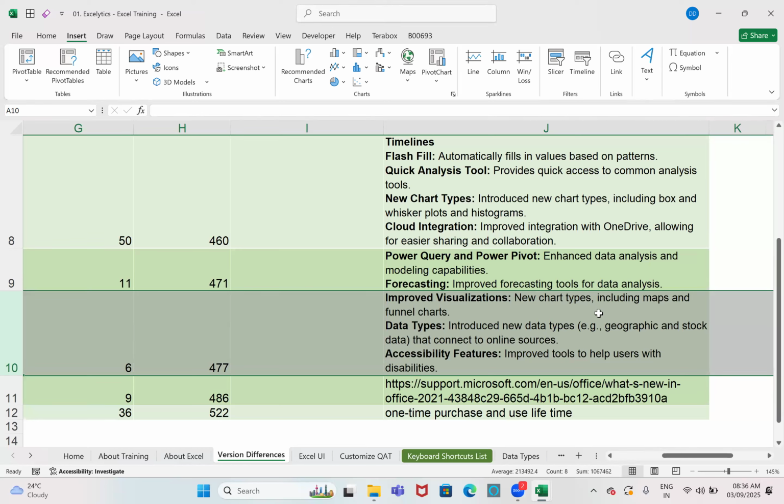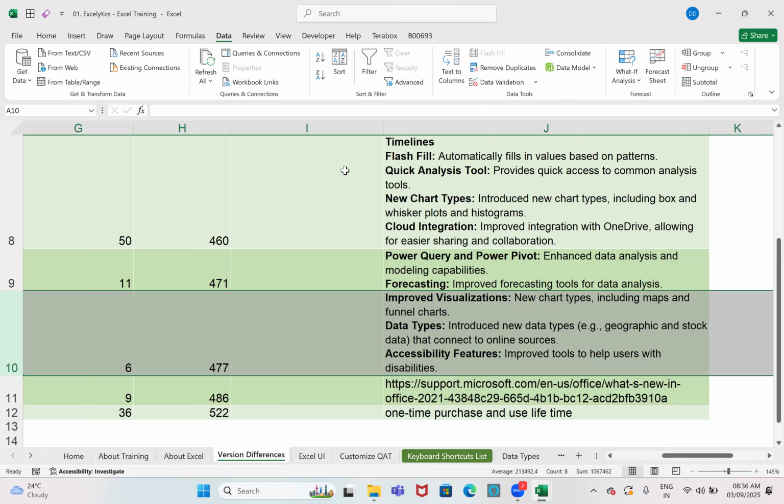Map chart and funnel chart were introduced from 2019. And the data types, geographic and stock related data types, were introduced from 2019. What is that? This one. It's not available.